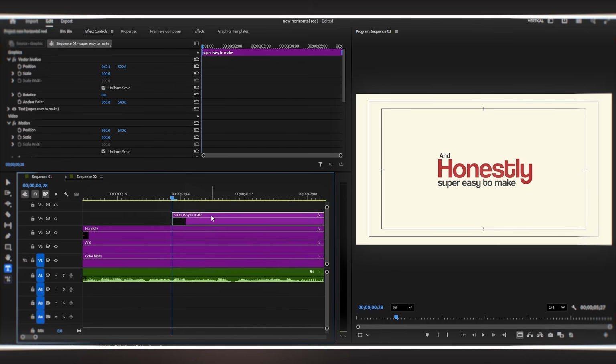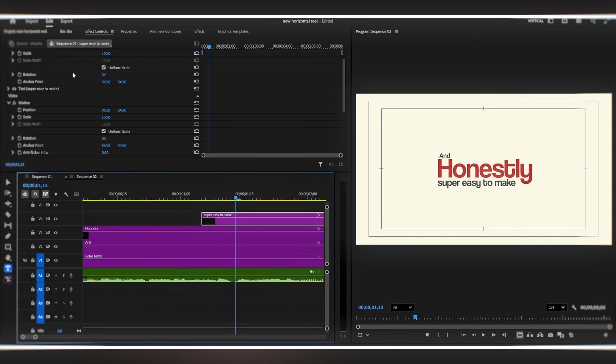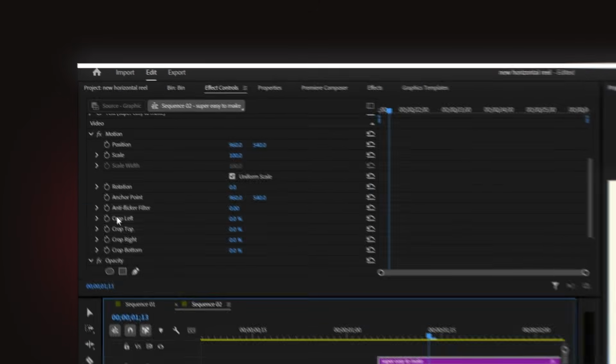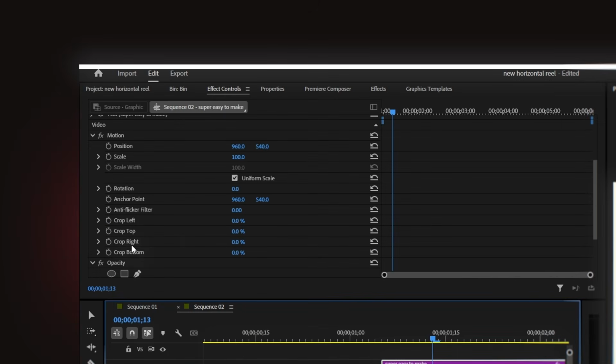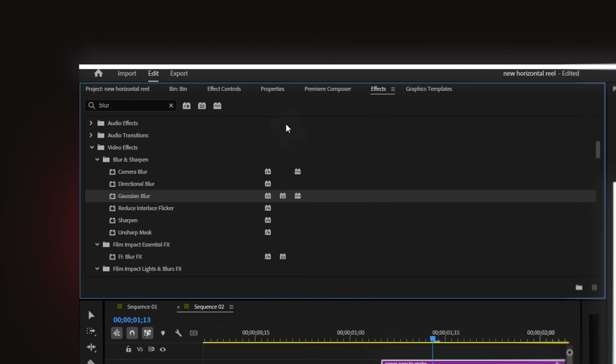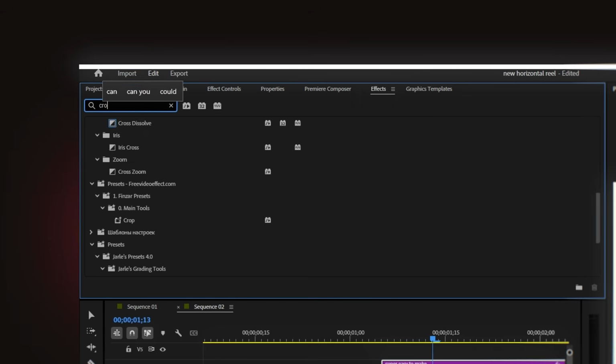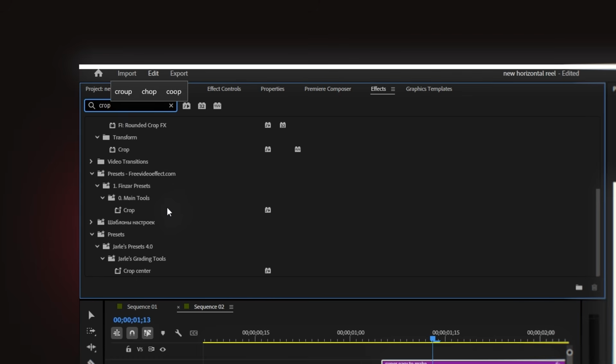Now, for the third line of text, we're going to do something really cool. We're going to make the words appear one by one, perfectly synced with the voiceover. I found the simplest way to do this. And if you're using Premiere Pro 2025 or above, you'll find a crop effect built right into the Essential Graphics panel. But if you're not using Premiere Pro 2025, don't worry. Just go to the Effects panel, search for Crop, and drag and drop it to your text layer. It works